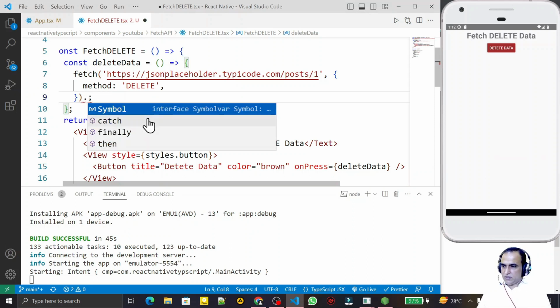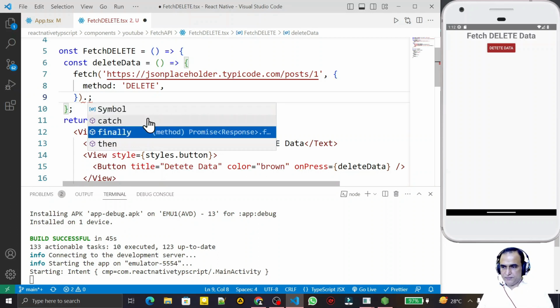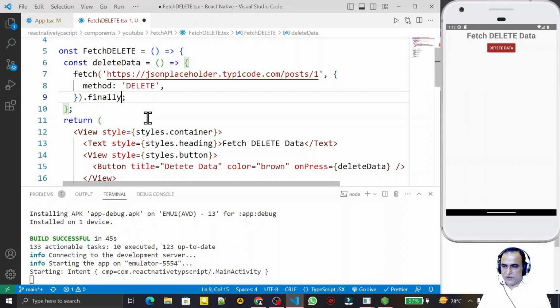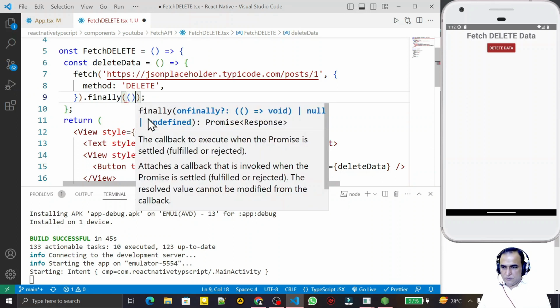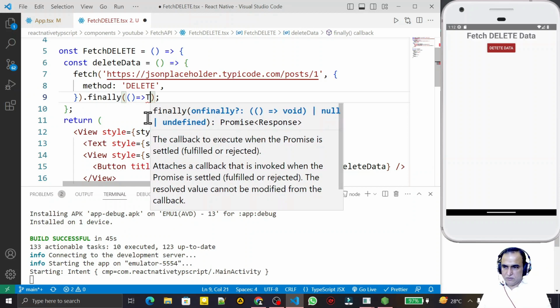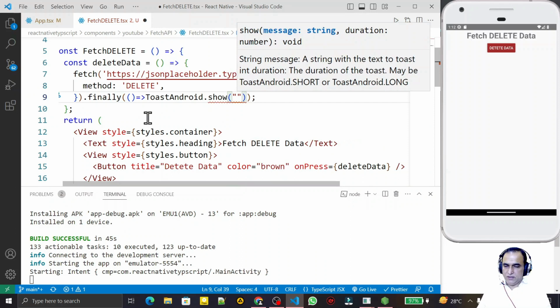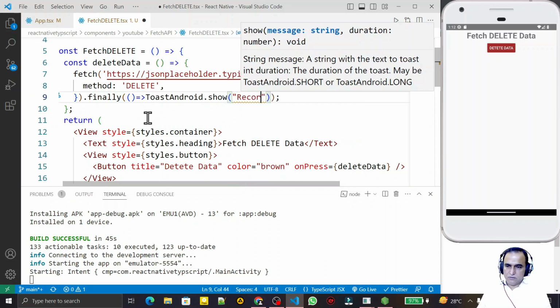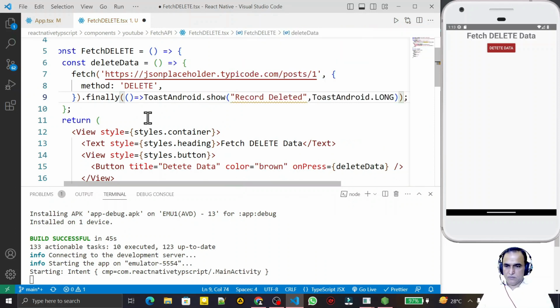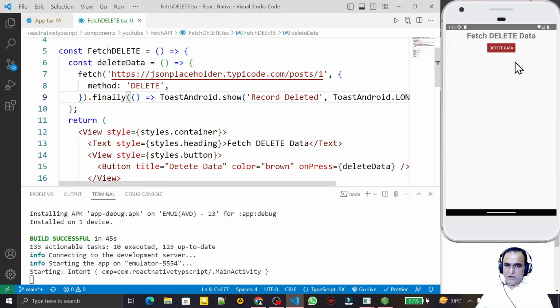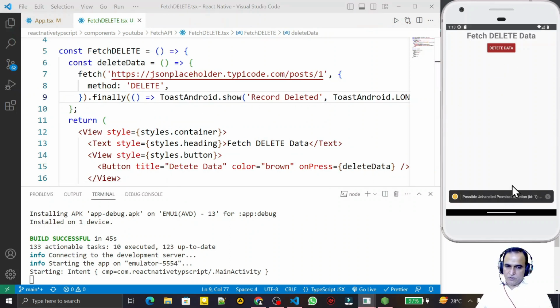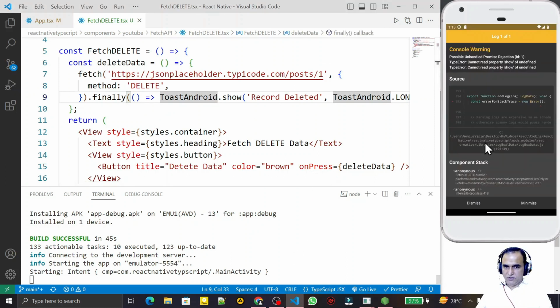So I can go to finally, and here in finally I can use my toast to show my information, and here I say record deleted. Save this. Now I click once again and we have the problem. This problem is coming because of the permission. I do not have permission on this. You see, cannot read the property. This same error is coming